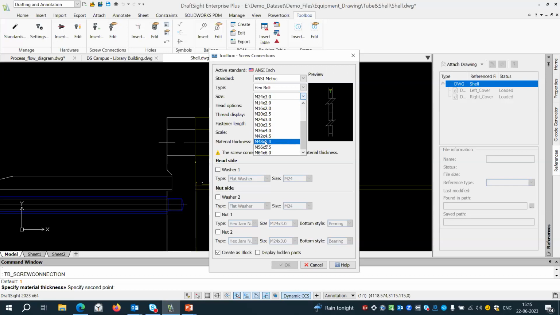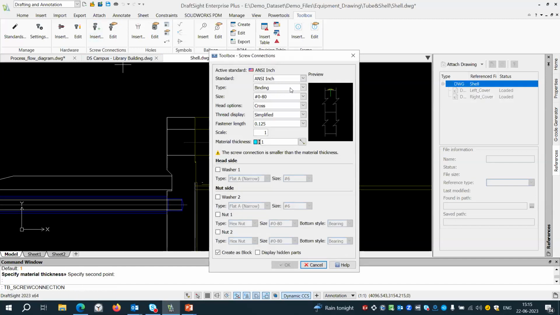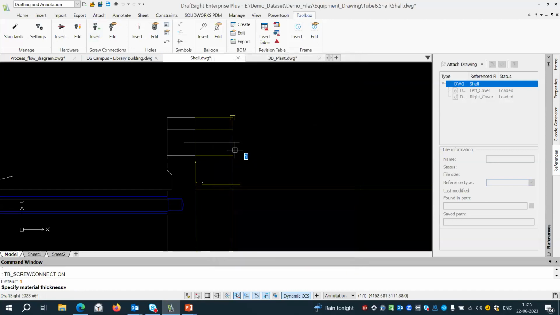I can go ahead and select more components here. So, screw connection assembly, and select the hex head bolt with the size and the material thickness,